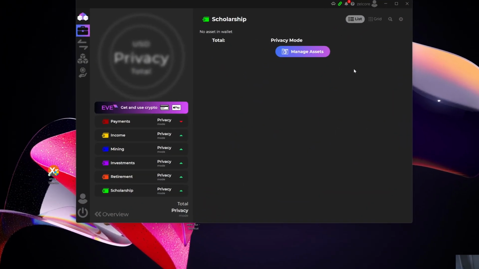Now, the first step in the process is to make sure that I've got a KDA address. In case you already have a KDA address, then you don't need to do this specific step. So just use the timestamps in the video to skip to the part where you go ahead and update that on your node. But for my case, I don't have one, so I'm just going to add it to my